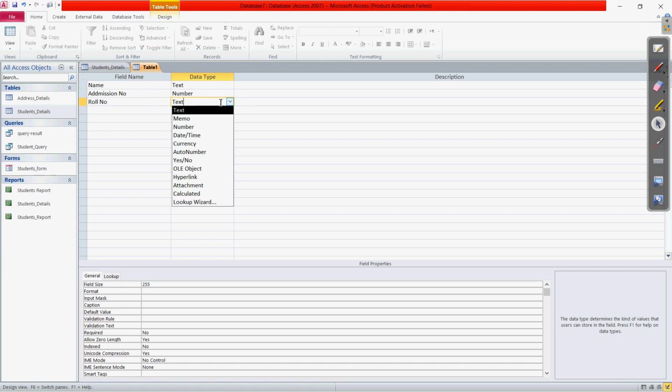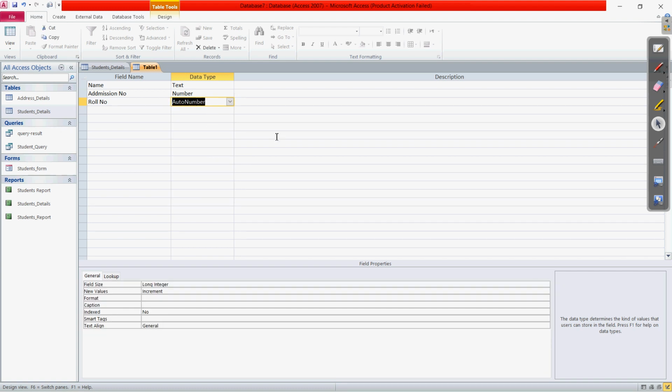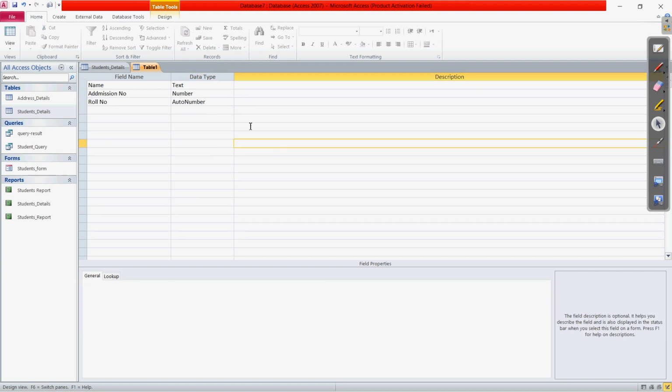Here we have the different data types. Here you can see we have the auto number data type. As we were talking about, if you want to use an automatically generated sequence, for that we have the auto number data type. Suppose right now we have inserted 3 only, and if you want to view this in a datasheet view, we can switch from this button at the bottom, or also we have the view option.